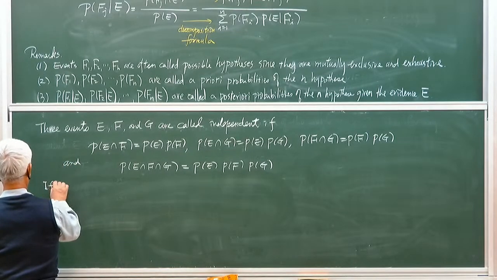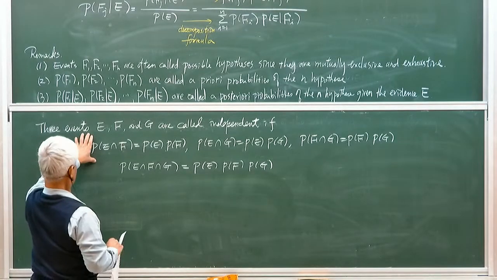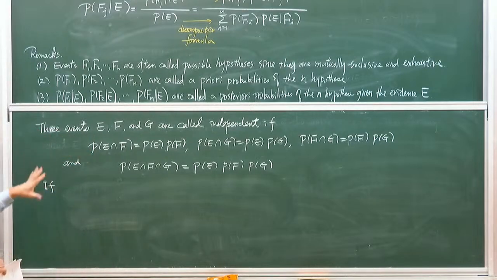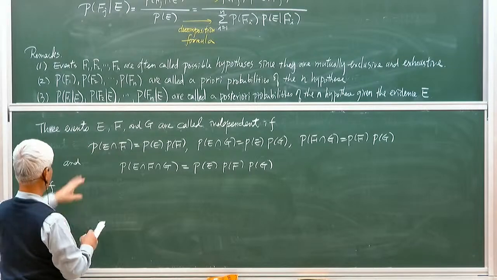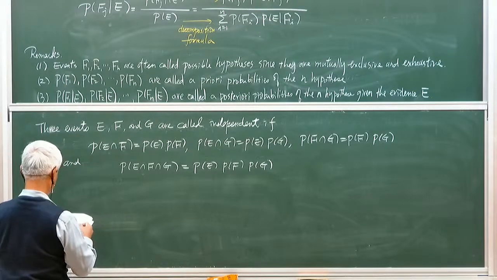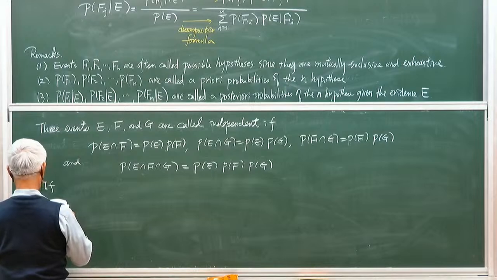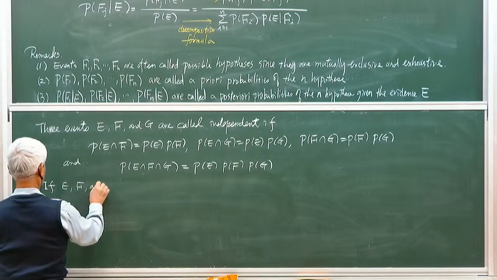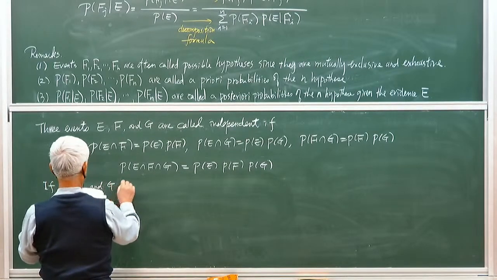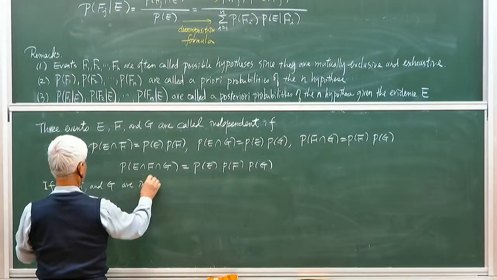Now, the definition of independence among three events is much stronger than pairwise independence. Okay. All right, and we make a point: if E, F, and G are independent,